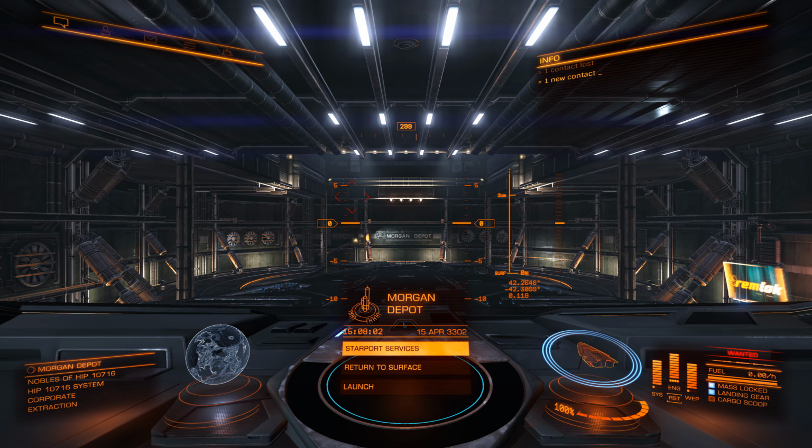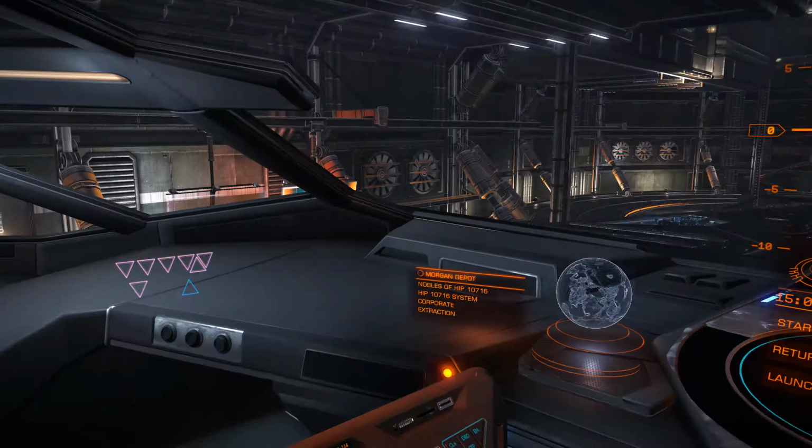So the first thing you need to do really is to get a pair of dumbfire missile racks. These won't be heat sinking. Once you've got that, you will probably need an advanced discovery scanner. Then it's obviously a ship to get here as well. So once you've got that stuff sorted, it's basically head over to this place,